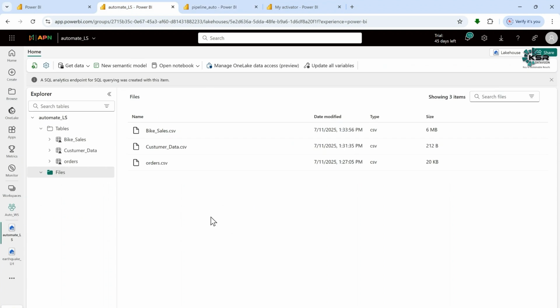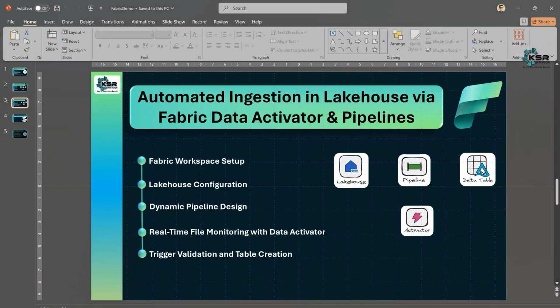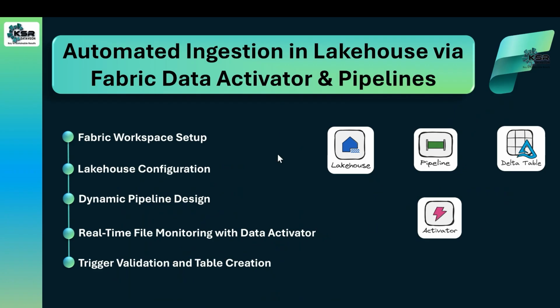So I will give a recap here. Let me go to the PPT. As per this topic, first we created a Fabric workspace. After that, we created a Lakehouse. After creation of the Lakehouse, we uploaded a CSV file. I showed you how to load it manually as a Delta table. Later we configured a pipeline. In the pipeline, we used Get Metadata and a For Each activity, and inside the For Each activity,